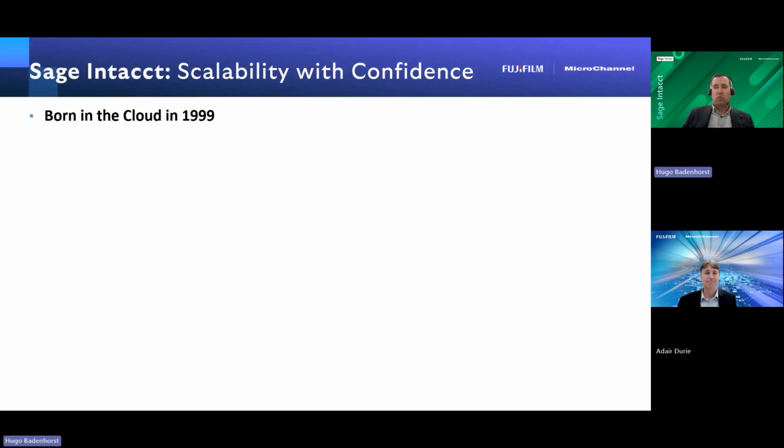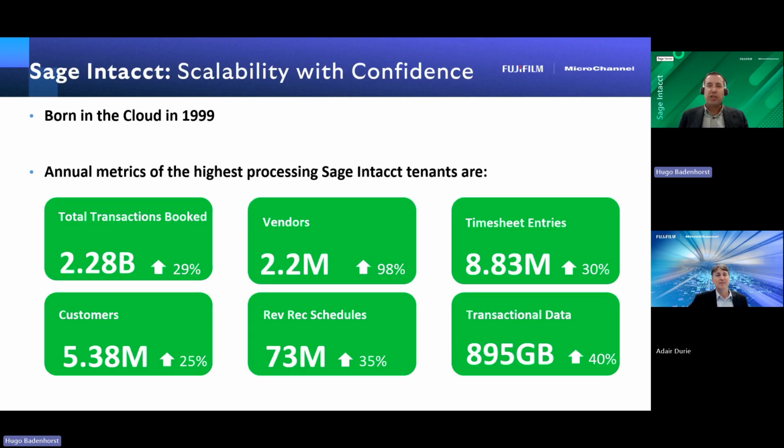Yeah, so looking at what we've got there, obviously Intacct was born in the cloud in 1999, and annually they review all the tenants running on the application. Now, generally, when you subscribe to a SaaS model, software as a service, they will handle the environment and the hardware in the background. So that's not something for you to ever be concerned about again. But as part of this, they do an annual audit looking at, what are the top tenants? What do we actually achieve when we look at our cloud computing? Look at the top tenants there.